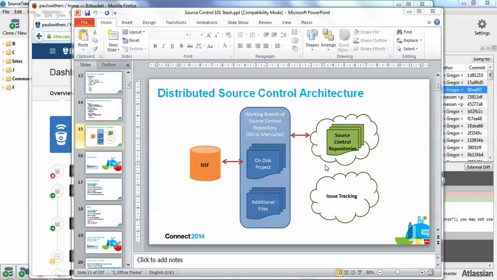If you don't have any on-premise source control repository set up, any source control management system set up, and for some reason you don't want to use a cloud offering like Bitbucket or GitHub, maybe there are security issues about pushing files up there, and you want to use an on-premises solution and you don't have one yet, then I'd strongly recommend that you go and look at the slides up on my blog for the session that we did. I deliberately wanted to cover installing source control